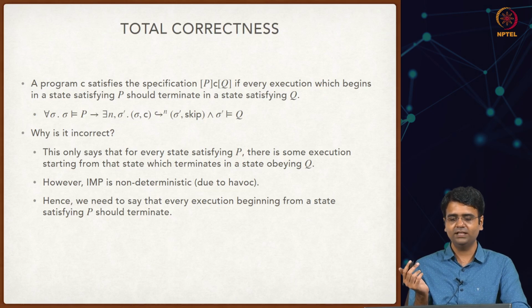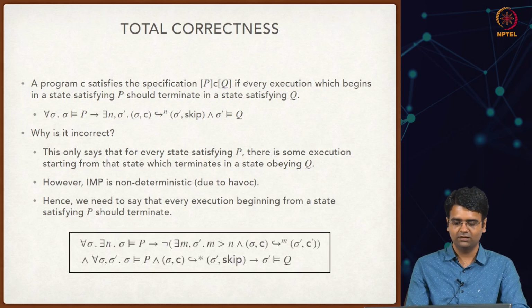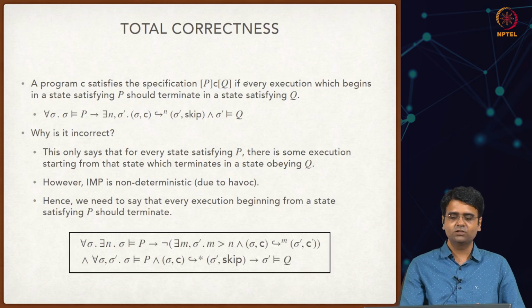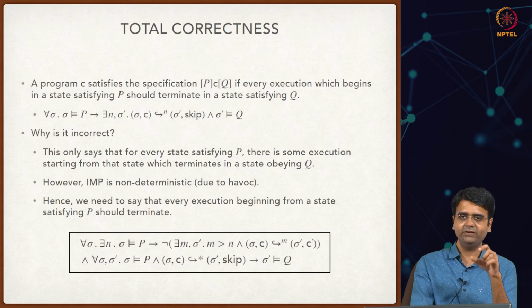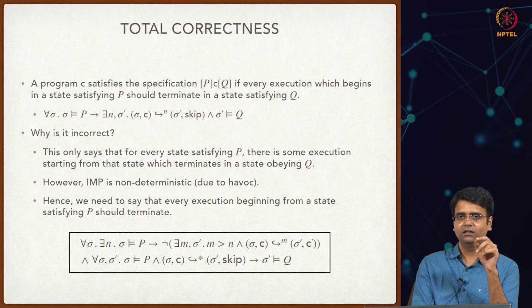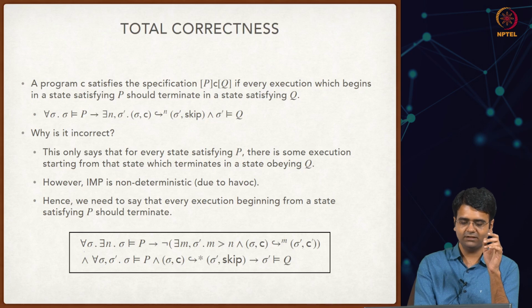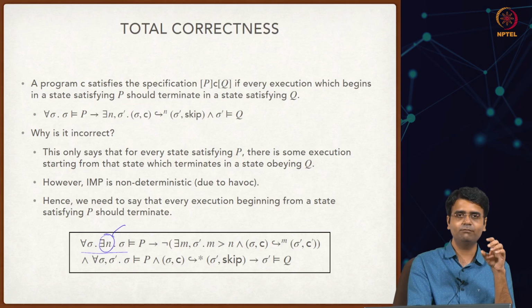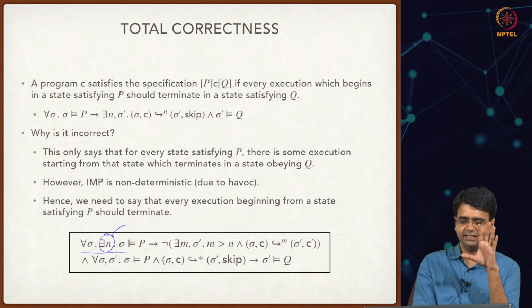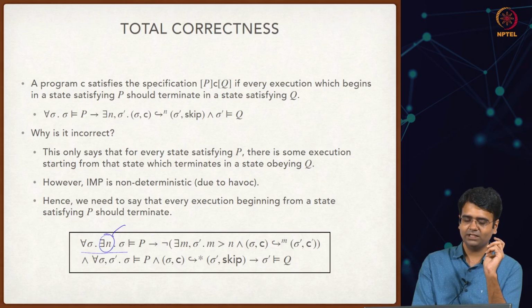So let us see how we can more precisely state this notion of total correctness. This is the more precise definition of total correctness. Let's see what it is saying. It is essentially giving a bound on the number of steps taken by any execution of the program. It says that for all sigma there exists this n. You can think of this n as the bound, the maximum number of steps taken by the program in any execution. So we are saying that there exists such an n such that if sigma is a model of P,